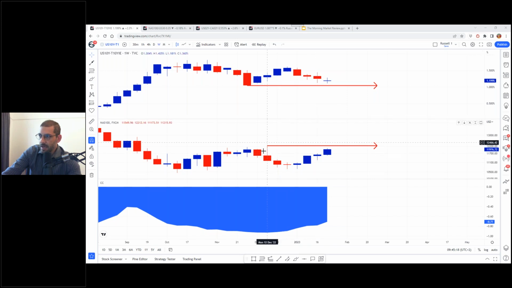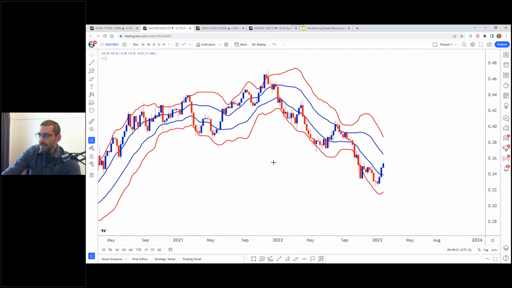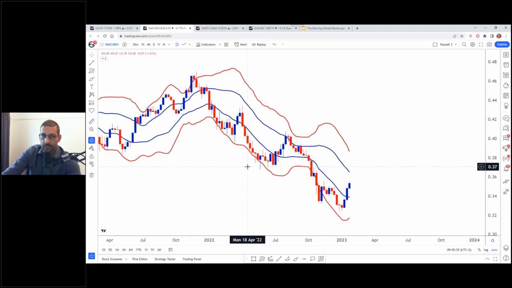And that's because of the time value of money, which we won't go into the mathematics now, but growth stocks, growth indexes are very sensitive to interest rates. So that's what we're seeing here. Now, let's go through to the next chart. And the next chart here, I think, is the next piece of the puzzle.